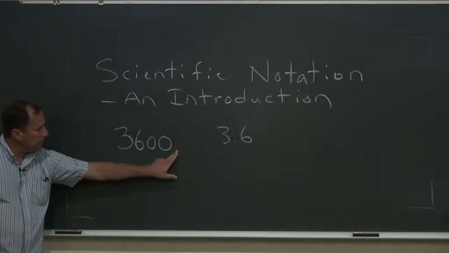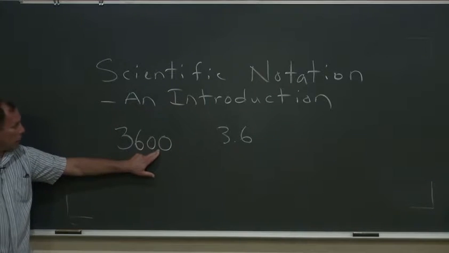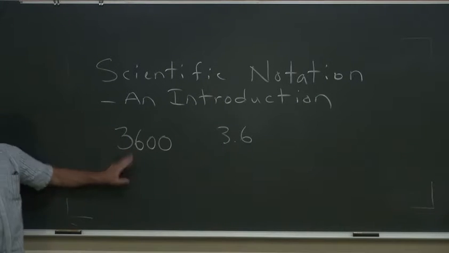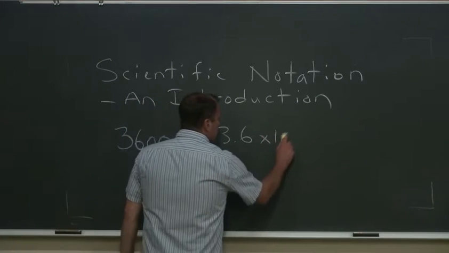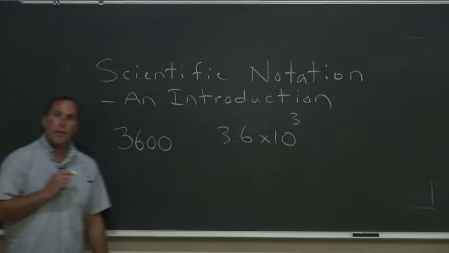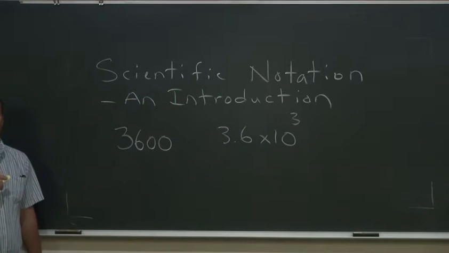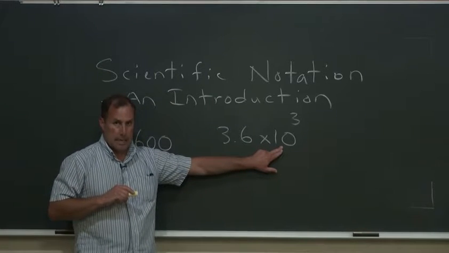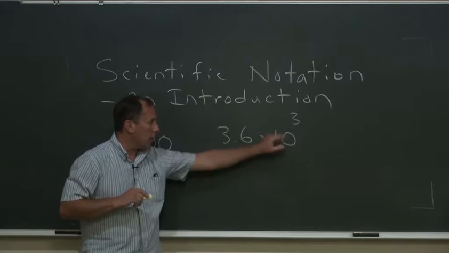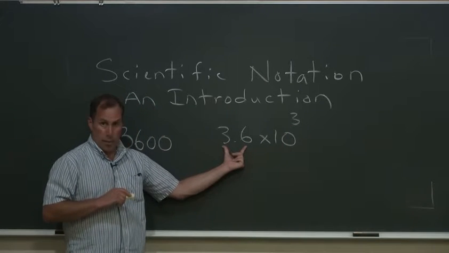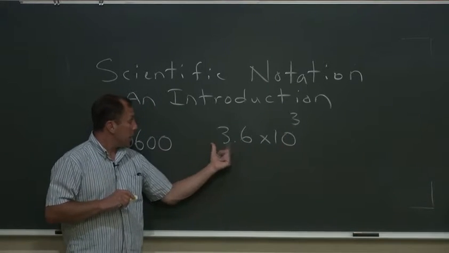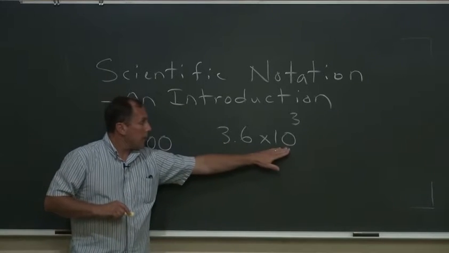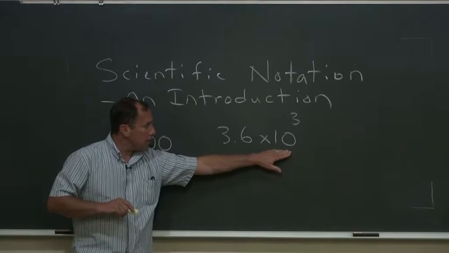There's a decimal place right here, and it needs to move over once, twice, 3 times in order to be the value 3.6. I'm going to express this in scientific notation by saying that 3.6 is multiplied by the number 1,000. 1,000 is written as 10 times 10 times 10, or 10 to the third. There's no ambiguity with the number of significant figures. I've reduced the actual numbers here to 2, 3.6, and I've expressed this in scientific notation as a base 10